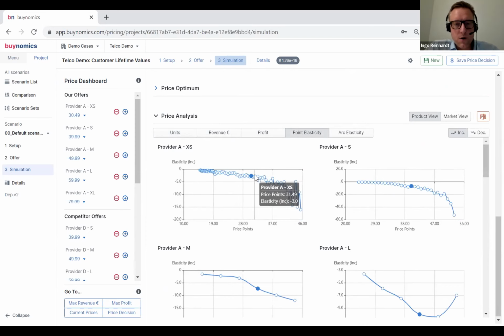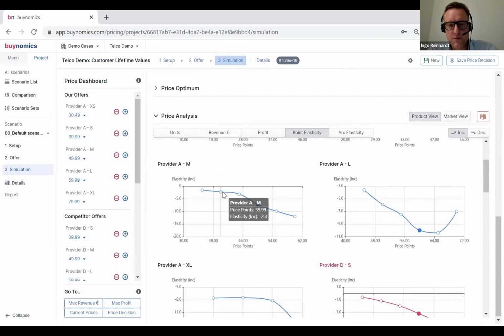And here you see, what you always see is that the price elasticity is not a constant number, but it changes with the price change, in some cases strongly. So if you have a particular plan somewhere in the middle where there's a larger and a smaller plan, so that means it has lots of interaction with other own products, you see that the elasticities can be very high, particularly if you move close to another plan that has higher or lower data volume, for example.